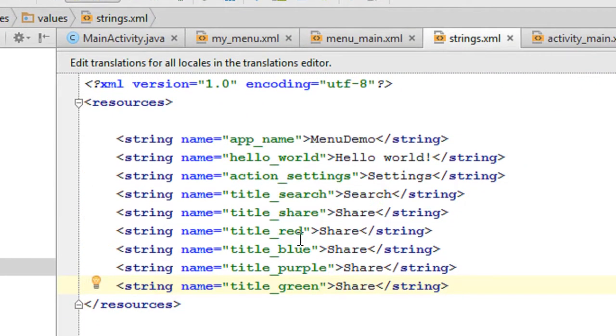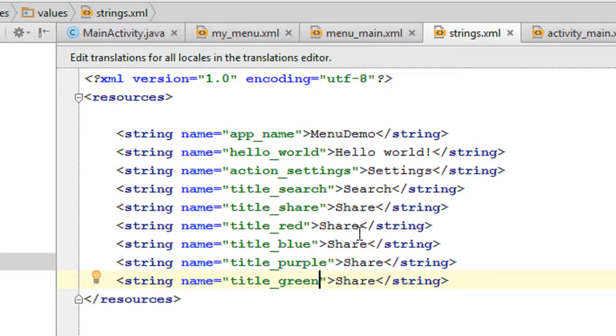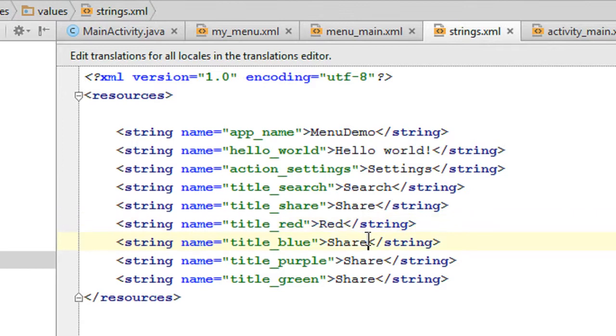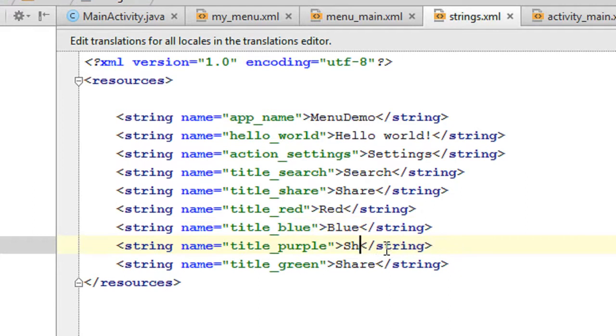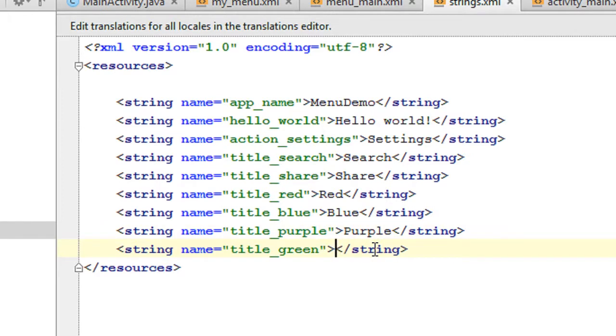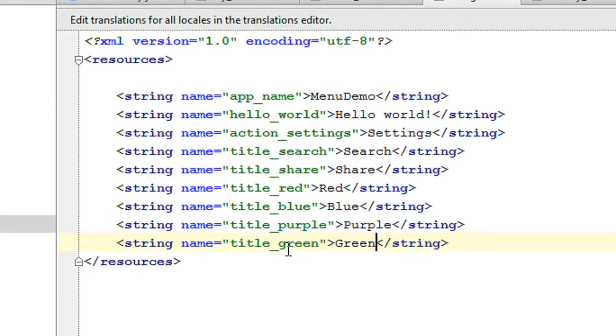Okay, we have to change the values here. So I change this one into red, this one into blue, this one into purple. Also change the title for this one into green. Okay, so this options menu displays four colors: green, purple, blue and red. Okay, four colors displayed. And if the user selects an item from the options menu, we have to change the layout,